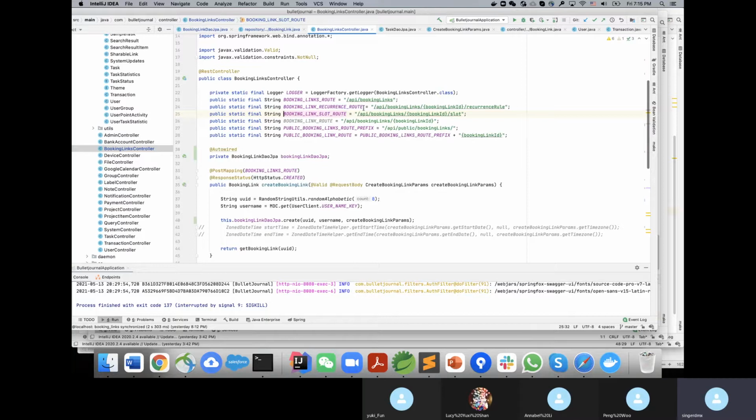So we want booking links. We want to have two posts. One is update recurrence rule. Oh, this is verb recurrence rules because it's going to be plural. This is going to be update slot. Maybe slot. Okay, so the link